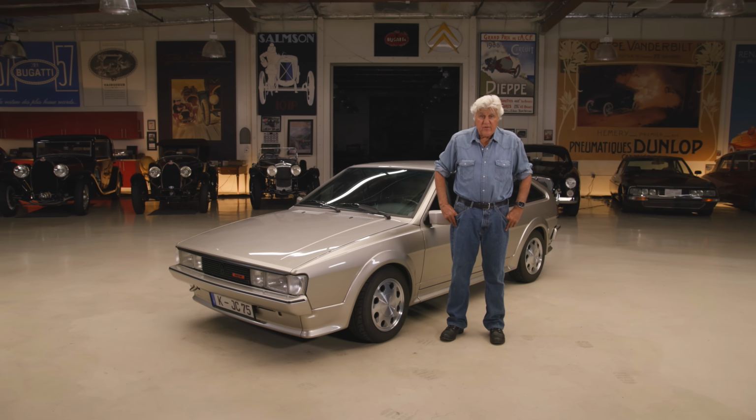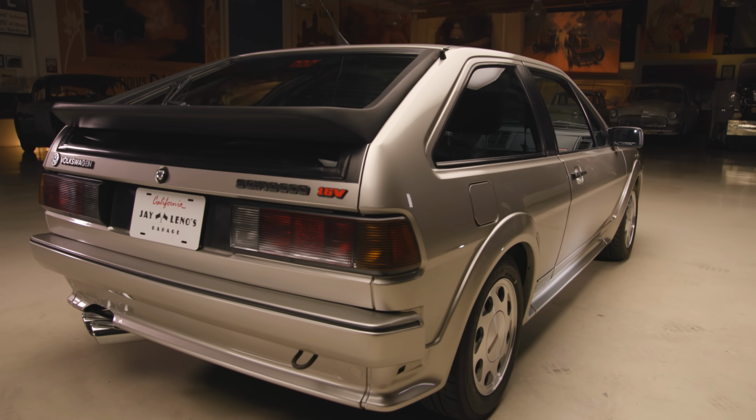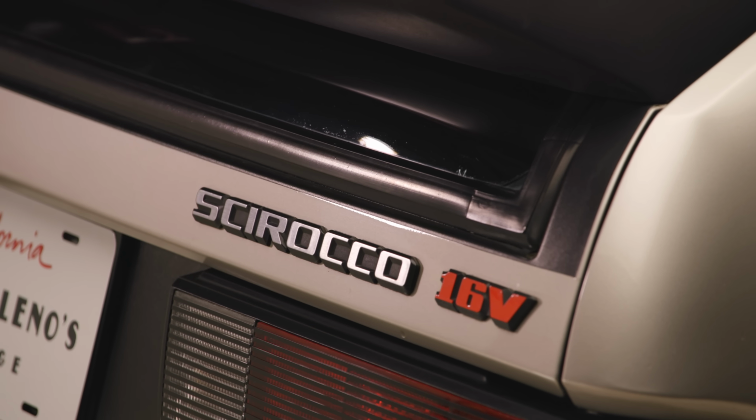Welcome to that episode of Jay Leno's Garage. The car we're featuring today, 1987 Volkswagen Scirocco 16 valve. This is a car that's here today because it's going to help me fill in a gap in my automotive